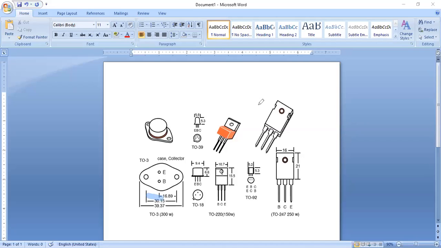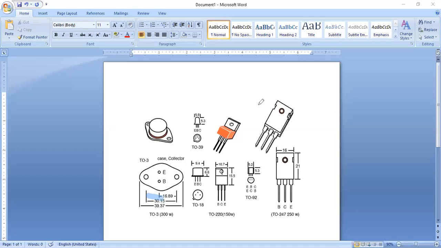TO92 is the package type which we used for the BC547. If you face the transistor towards you, it is EBC. It is very small and difficult to see here, so I will show another diagram to you.